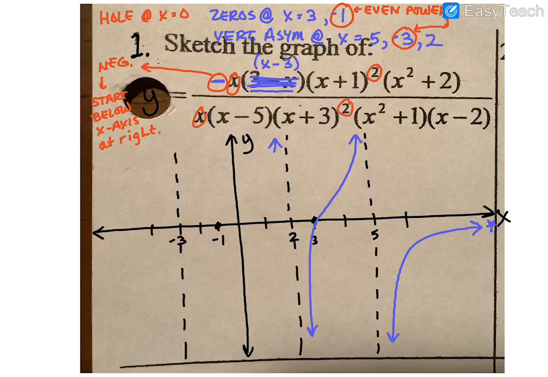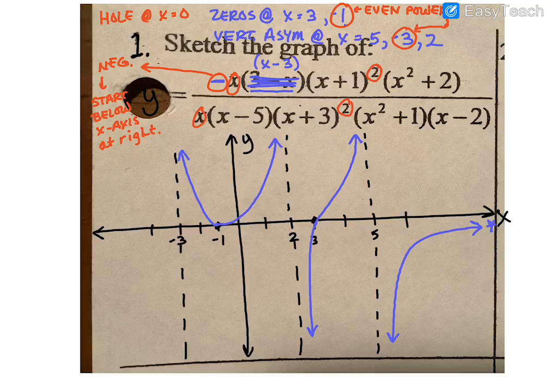And as I jump back up to the positive side, between 2 and my next vertical asymptote, -3, notice I have a 0 at -1. So I either need to touch or cross through at -1. If you look back up here, -1 was my 0 with an even power. And when it's an even power, remember it just touches the 0 and goes back the direction it came from. So that means in this case, it's going to be a parabola type shape because we're going to touch at -1 and go back up along that vertical asymptote of